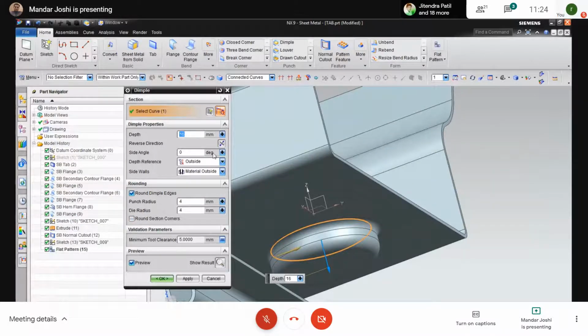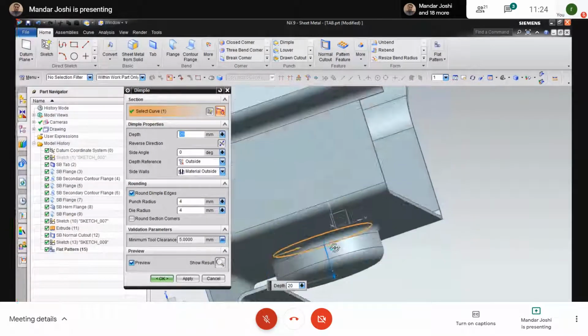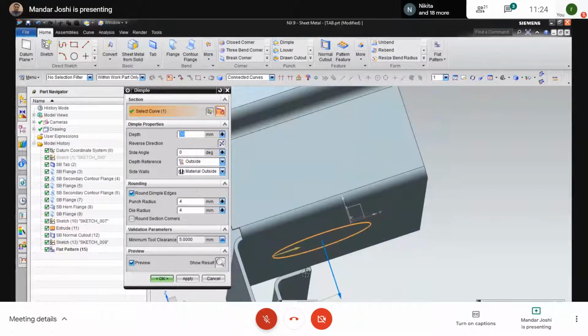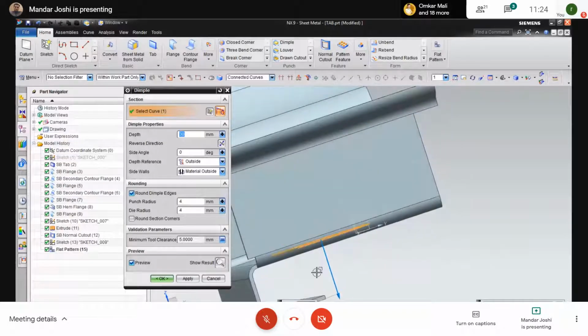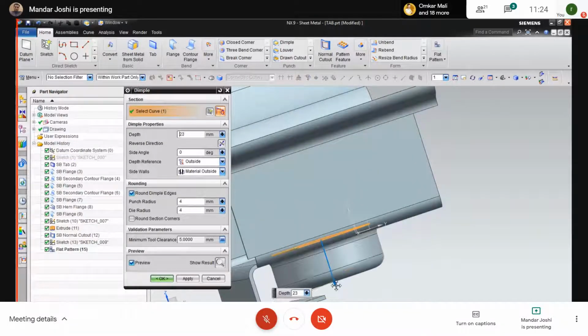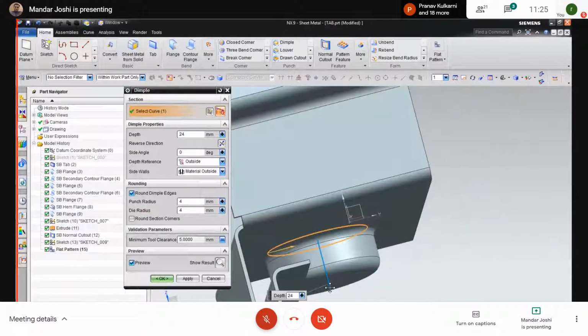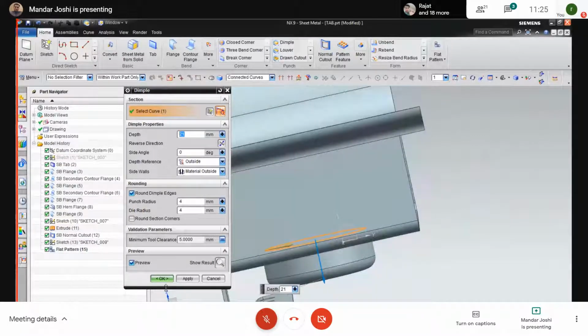Other things are the same. You can take it to size 20. You cannot exceed more distance; you cannot go beyond this limit of the flange. It creates a restriction. If there is no presence of a flange, then you can take as much length, no problem. It fails for the flange. Okay, so this is how the depression is created. Click on OK.